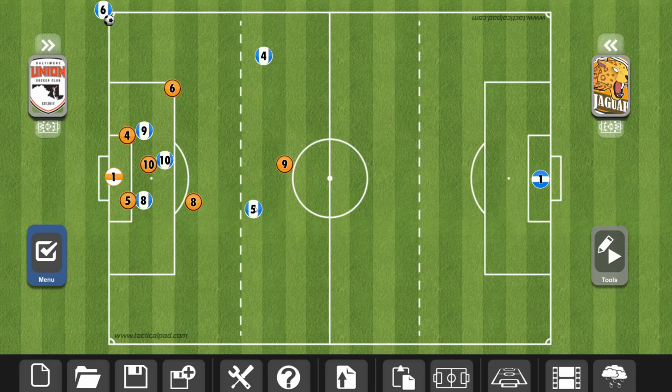Playing the space here, watching for these runs, right? We're here working with the center mid. If this guy makes a run this way, then we pick him up. Around here, also in a good position to where if we win the ball, we're able to transition into attack pretty quickly. Our striker, again, we are